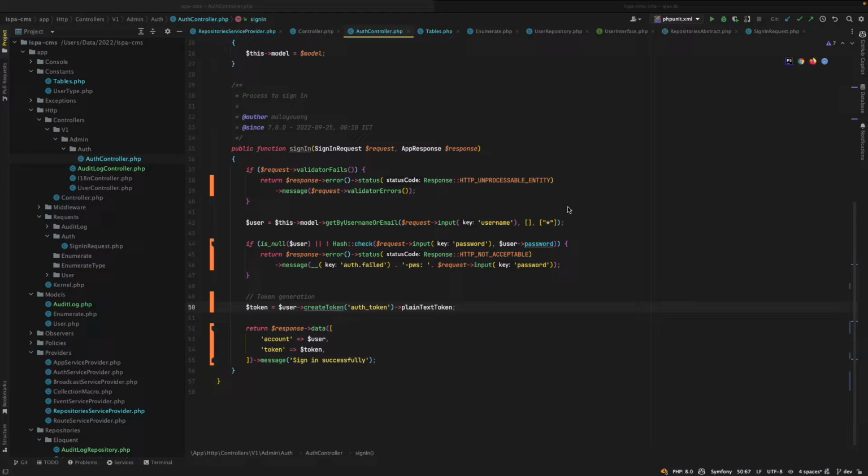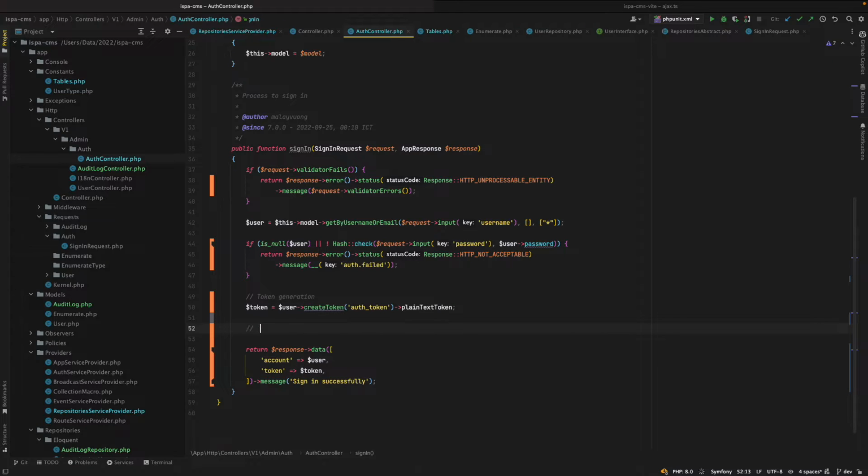I think that's okay. And we need to remove this password here because of the weak password. You need to fire event to log user login,